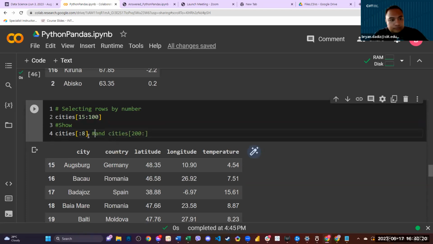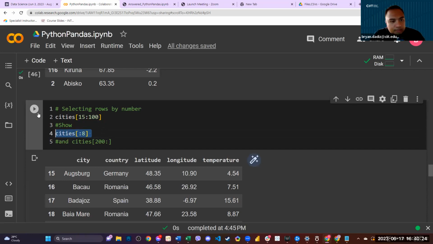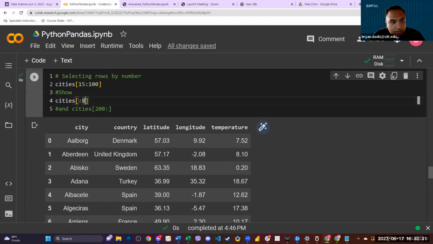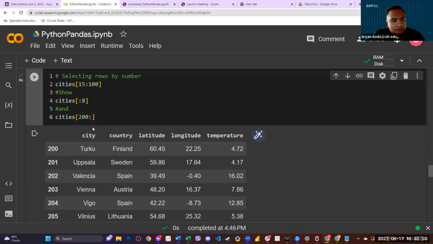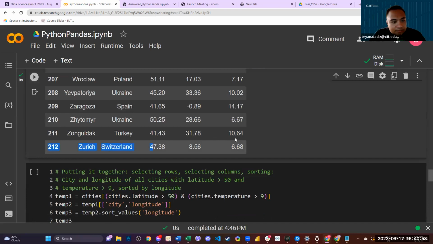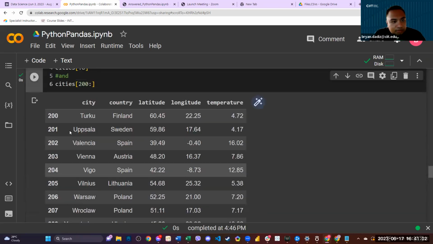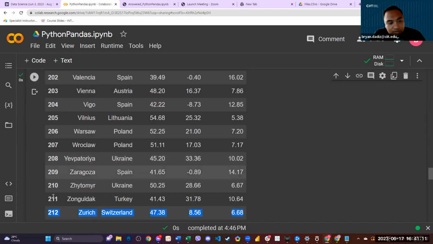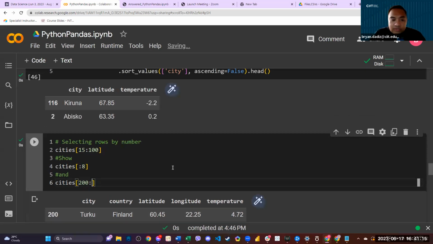So there are other examples. What if we want to get this part? So what will happen? It starts with 0 index until row 7, whereas we stop with row 8. We stop with row 8. Okay? And then how about this one? So we started with row 200 until the end of the instance. We also call the rows as instance. So at the last part of the row or instance. So if you don't put any value on the second argument of the bracket, you get the last part of